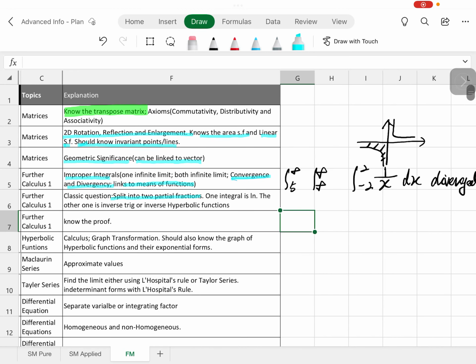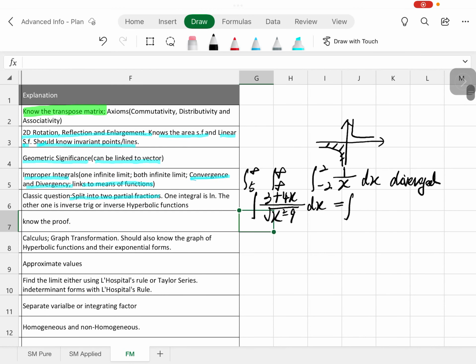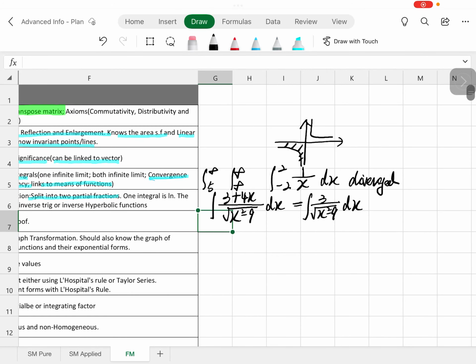So for example, if I have integrating 3 plus 4x, and the denominator being the square root of x squared minus 9 dx, I will be able to split it into two fractions. So one would be 3 over the square root of x squared minus 9 plus